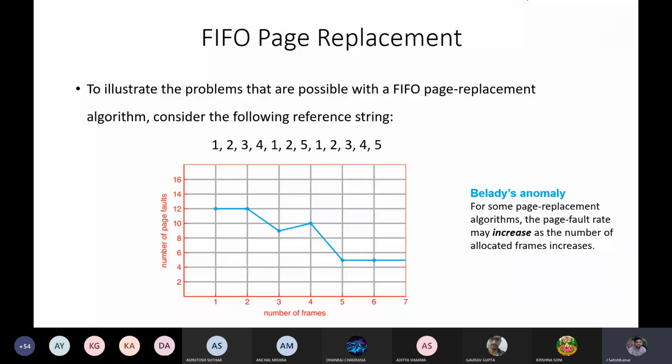Now let us assume that we have only one frame. You have only one frame and you are bringing a page every time. So initially 1 you will bring, next 2 will come, but there is no free space, so you will put 2 here replacing 1. Again 3 will come, you will replace 2 by 3, 4 will come and replace 3, again 1 will come, so 4 will be replaced by 1, then 2 will come, 1 will be replaced by 2, next 5 will come, 2 will be replaced by 5,